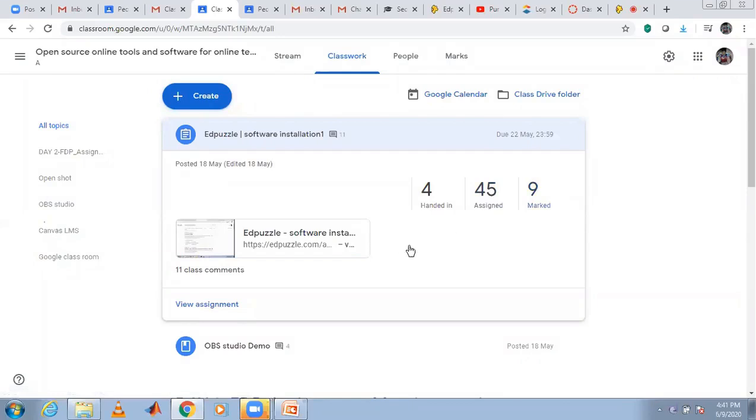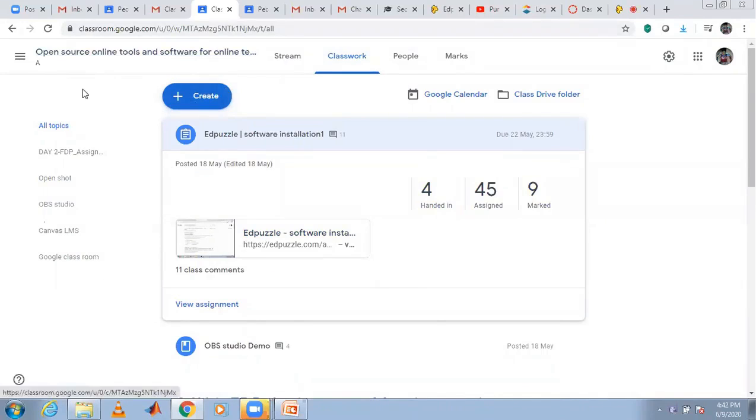Okay, somebody personally posted the video, that's why I gave marks to 9 members. 4 persons attempted in Google Classroom itself. Okay, it is showing 4 handed in, 9 marked, 45 assigned. This is the class information. You can see. Okay, this video from the Google Classroom itself, they can access this video.